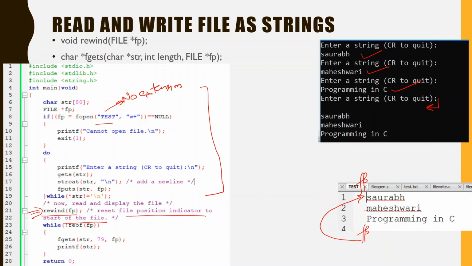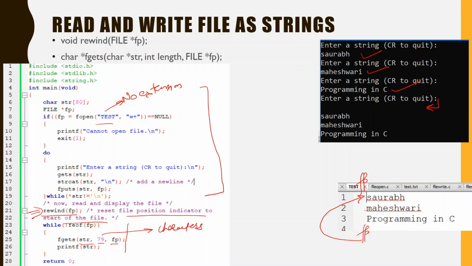In this case we again read the file with the help of the end of file function, and we get fgets str, 79 and fp. Now why is this 79 there? Because you have to tell how many characters you need to access.